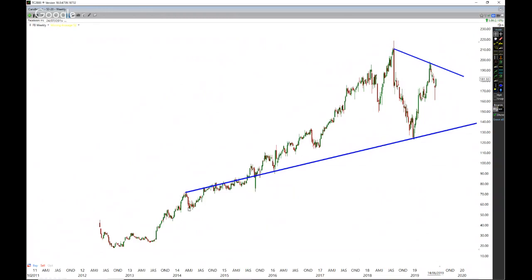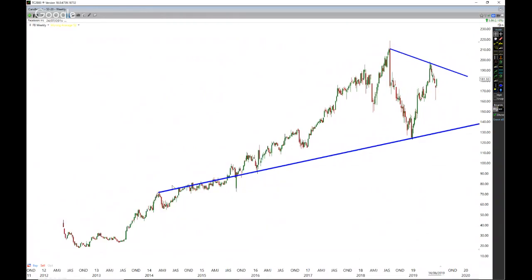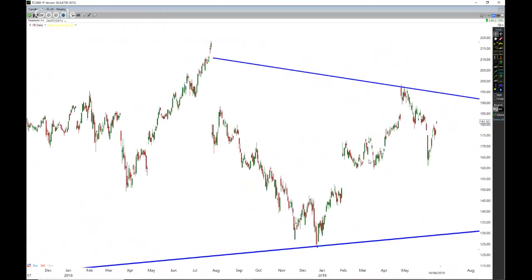As you can see, we had a lot of resistance all through here, and then we came down and found a lot of support through there. Isn't it interesting that the angle through there was exactly smack on where that came through? So really interesting. Again, Facebook is doing that same thing too. I keep calling it Apple.